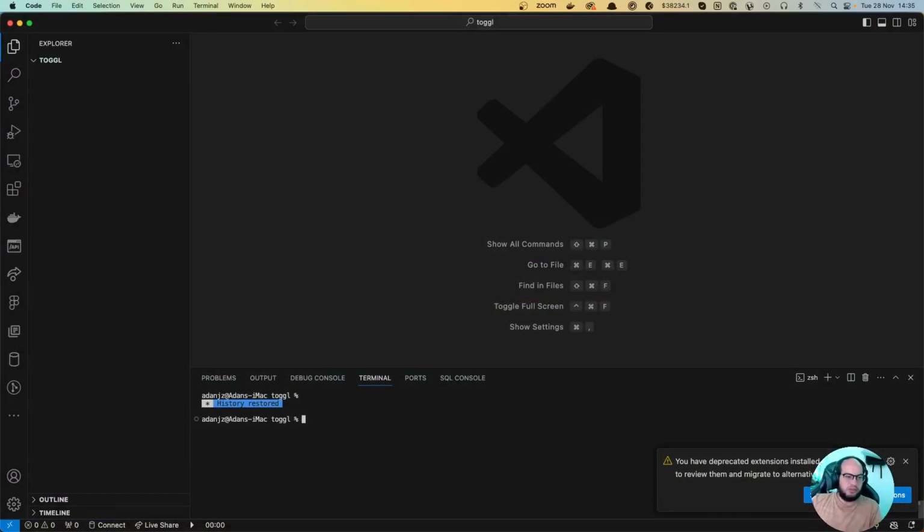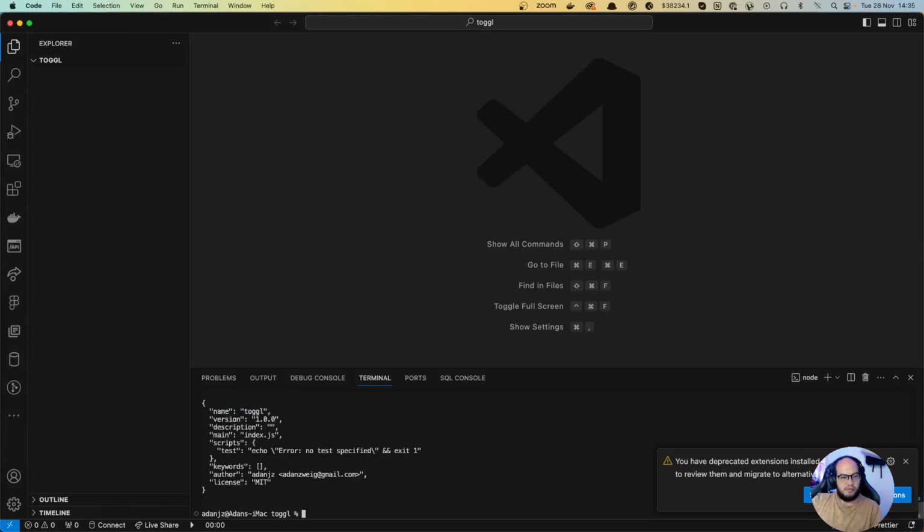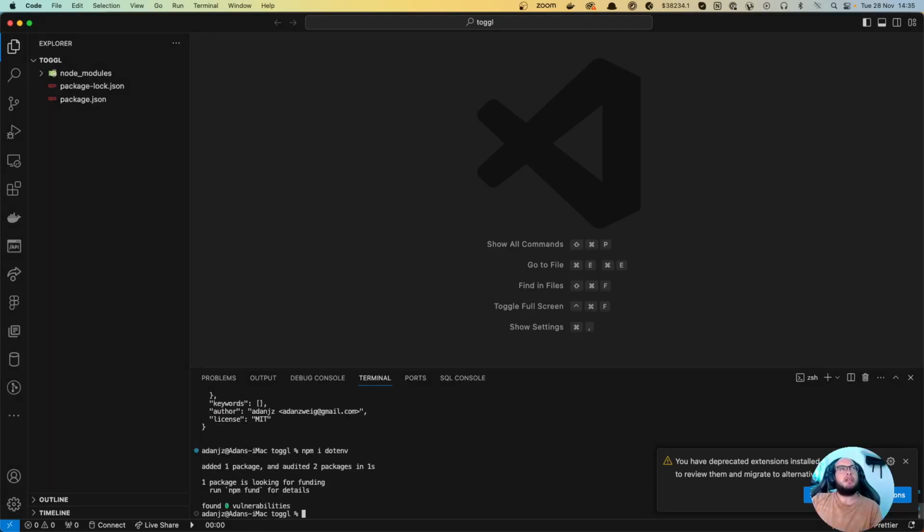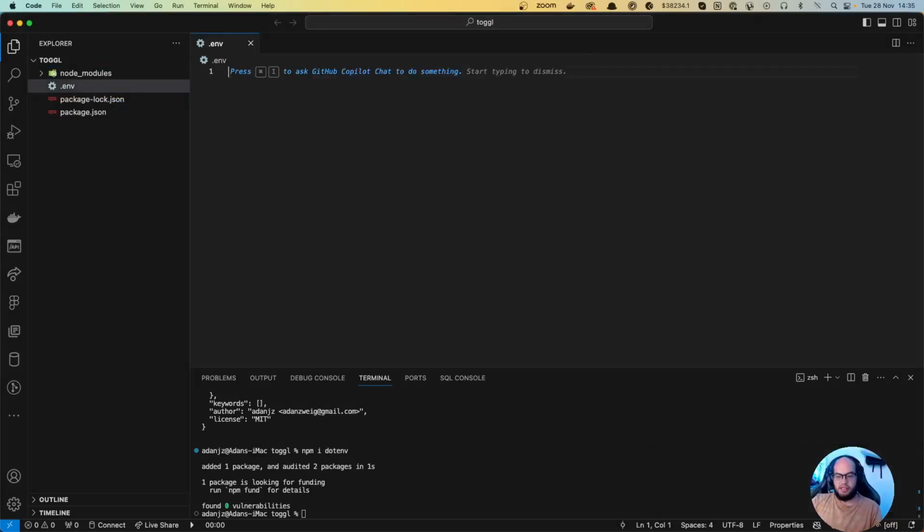So let's do npm init -y. Let's do npm install dotenv, and we're gonna use fetch to do the whole thing. So let's do the .env file here. Let's do API token, and the token there. Let's do the index.js file, and let's do